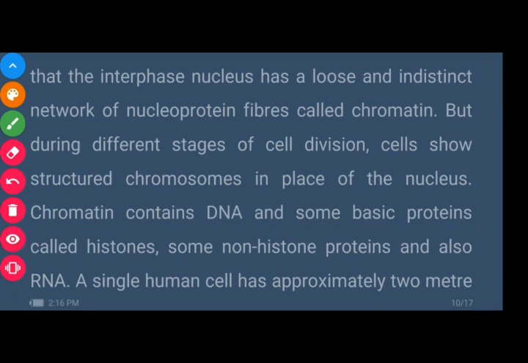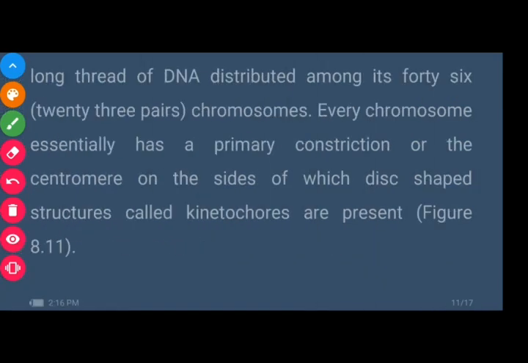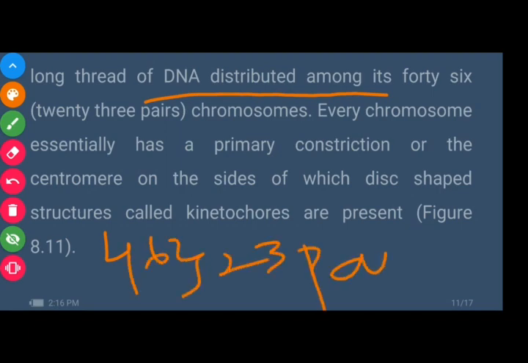A single human cell has approximately a 2-meter long thread of DNA distributed among its 46 chromosomes. These 46 chromosomes are divided into 23 pairs. So this long thread of DNA consists of 23 pairs of chromosomes, which means a total of 46